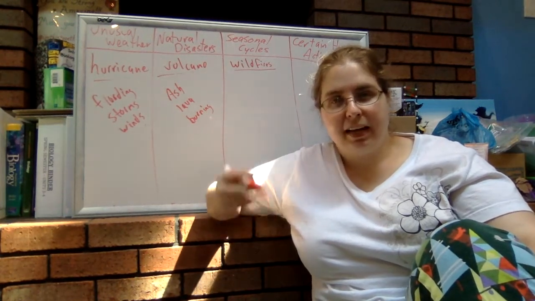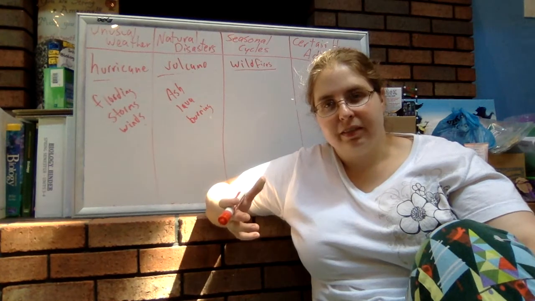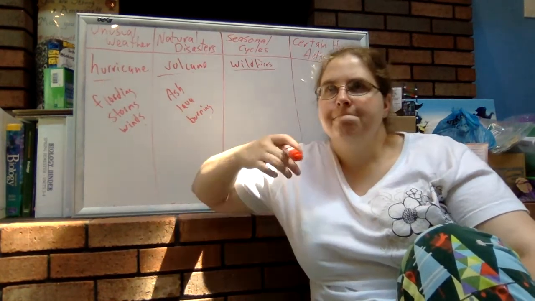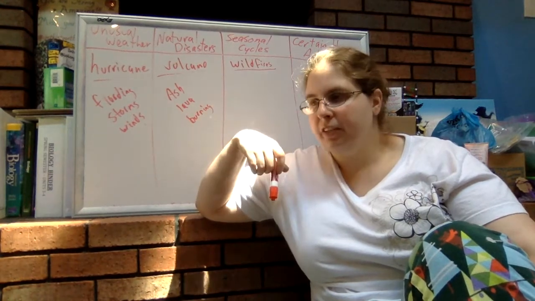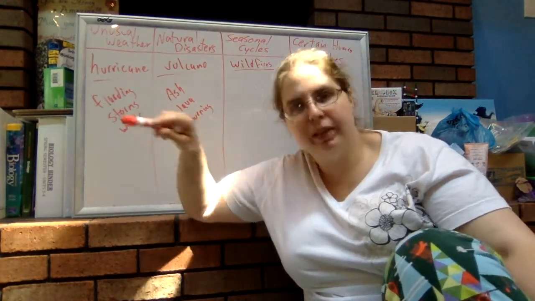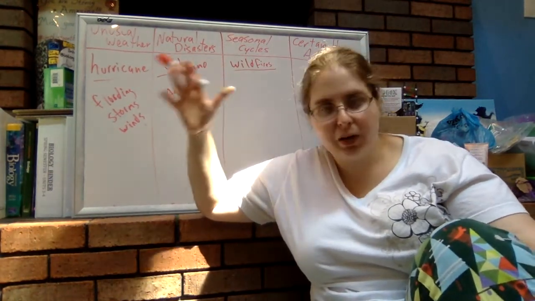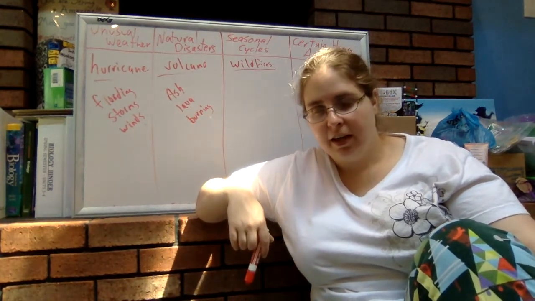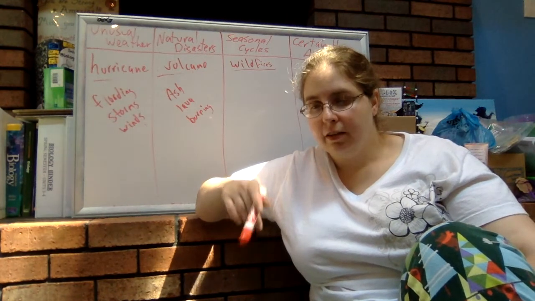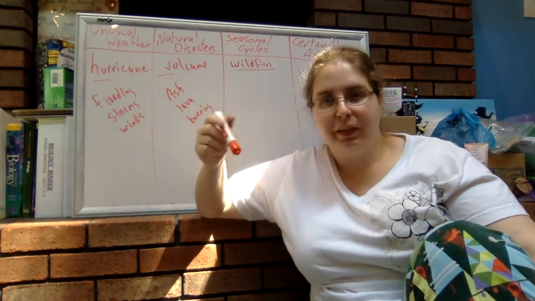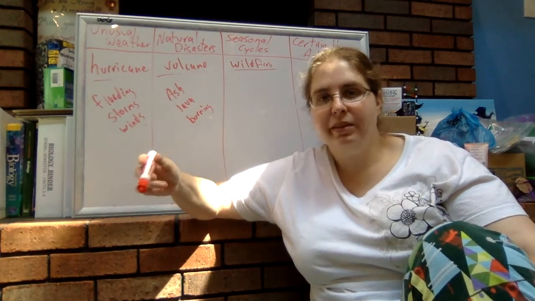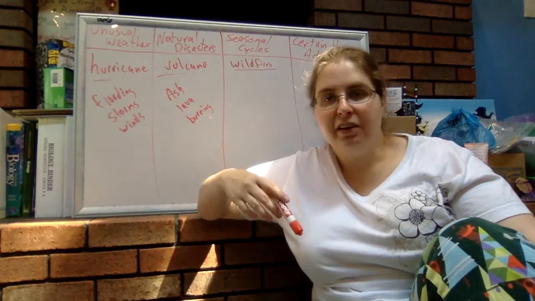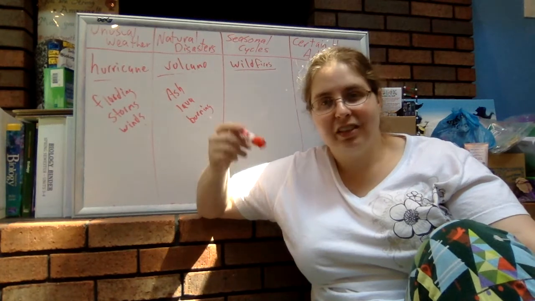And the lava, as it comes rolling down the side of the volcano, it doesn't think, that's a larger population of rabbits over there, I'm just going to flow in that direction. No, it's going to flow wherever gravity and the path of least resistance is. So whether it is flowing down and burning a large population of rabbits or a small population of otters, it doesn't really care. It's just going to keep flowing.